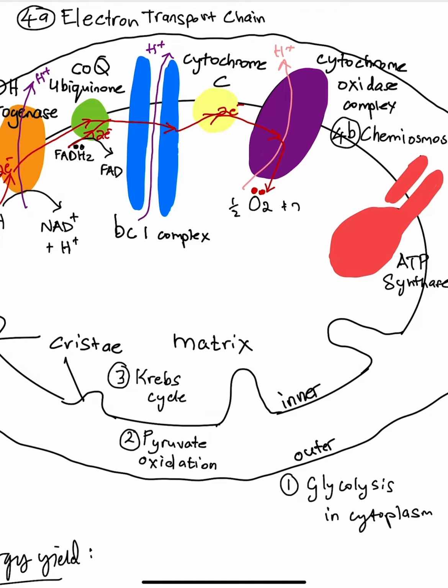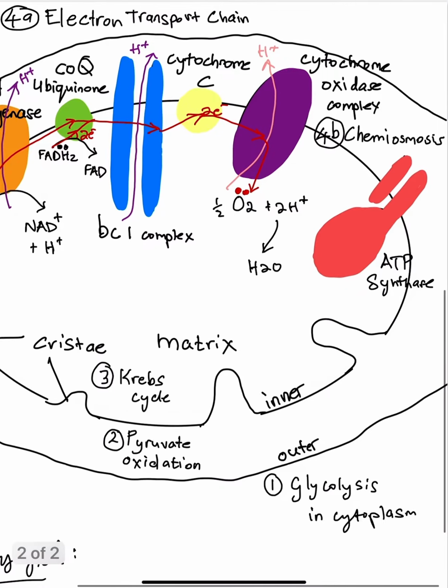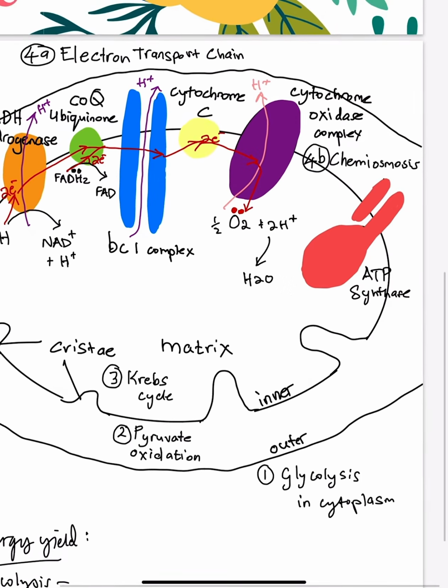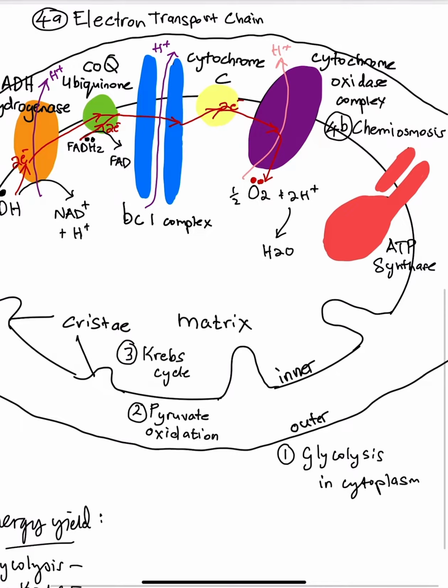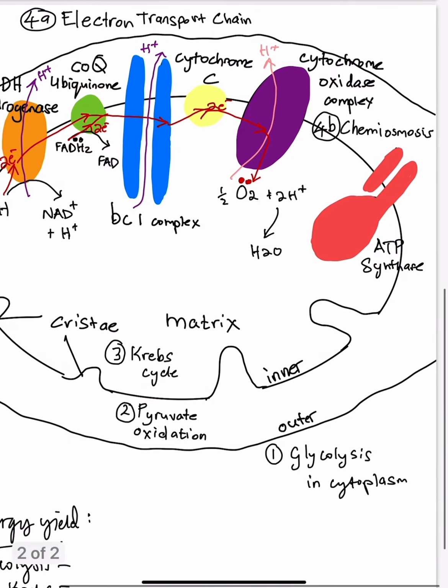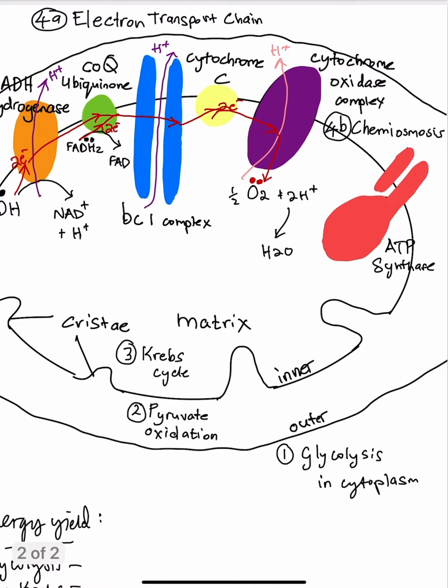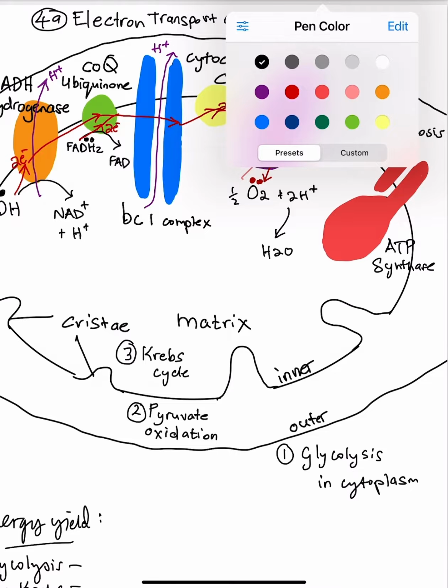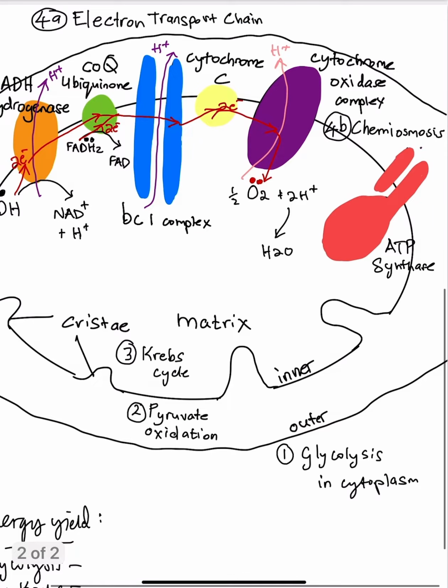It will combine with 2 protons here in the matrix, and a water molecule will result. Chemiosmosis will follow after this as the hydrogen ions are pumped through the ATP synthase